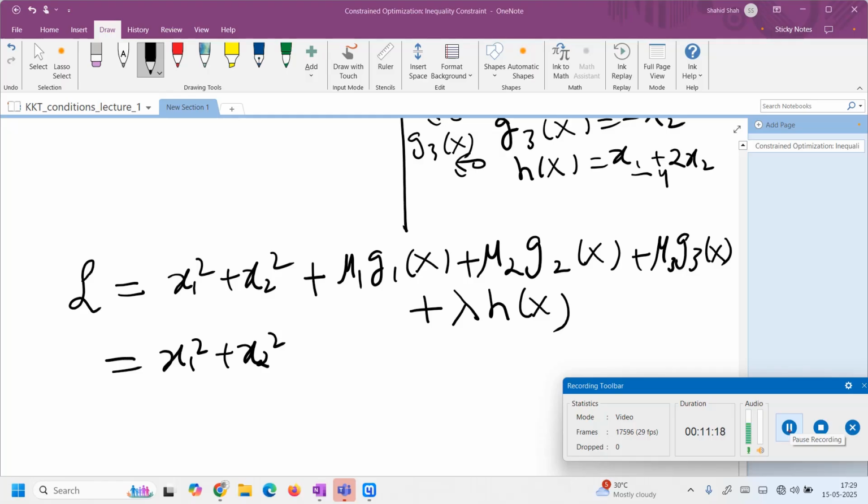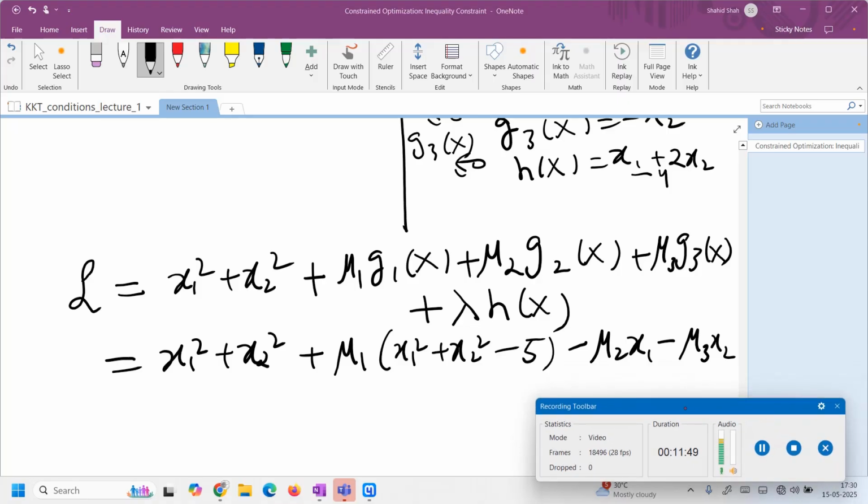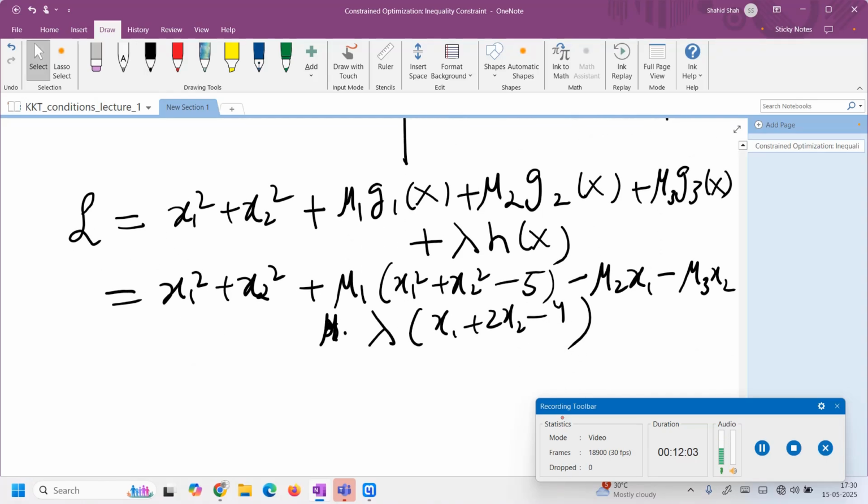Now here the mu1, we have g1 of x is minus x1, so it will be minus mu1 x1, similarly minus mu2 x2. Then I think the first constraint is mu1 times (x1 square plus x2 square minus 5) minus mu2 x1 minus mu3 x2. Okay, and then this lambda times h of x, which is x1 plus 2x2 minus 4. This is the Lagrange. See, I repeat, for every constraint, whether equality or inequality constraint, you should have one Lagrange